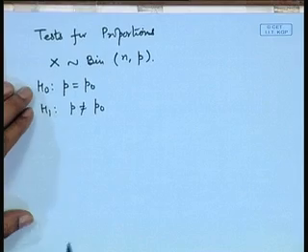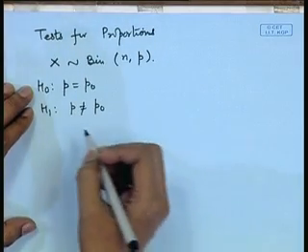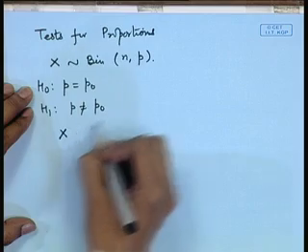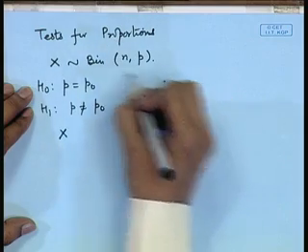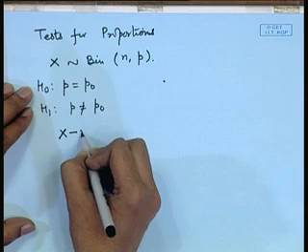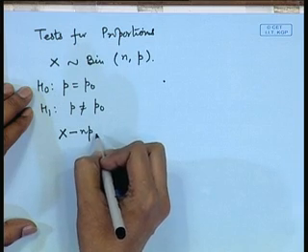Now, here we may consider the test statistic based on X, because the distribution of X is binomial. So, if we consider X minus n p naught,